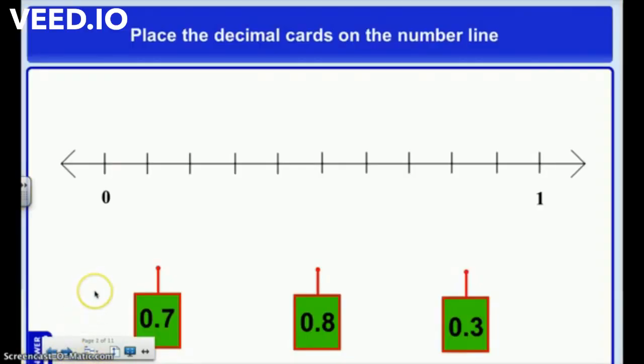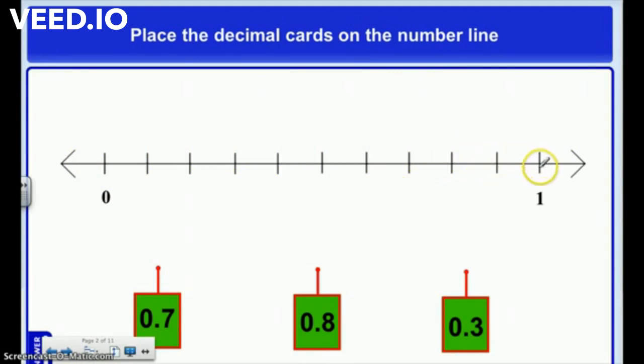Let's get started. So remember, a decimal represents a part of a whole, not a whole number, but a part of a whole. So when I count here using this number line, I need to remember that I'm counting by decimals. So if I start here and I say this is 1/10, 2/10, 3/10, 4/10, 5/10, 6/10, 7/10, 8/10, 9/10,